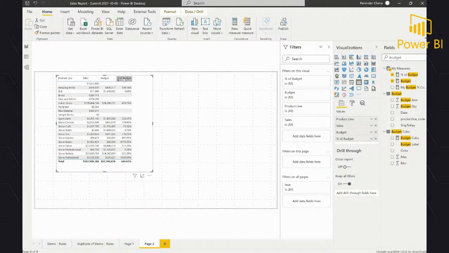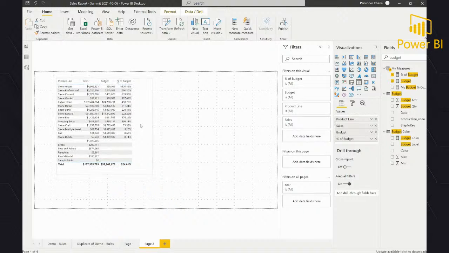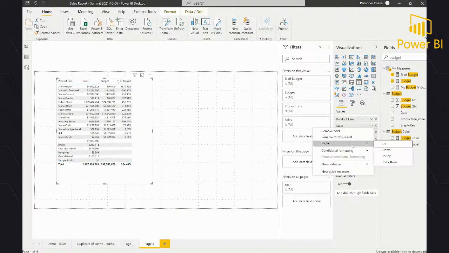So as we can see, this is how much has been achieved against budget. Some are way higher and some are way lower. And now I want to conditionally format based on the percentage. So one way I can do this is, let's say I want to highlight the sales which are above 50% achieved, make them green, and keep the others red, just for simplicity's sake.